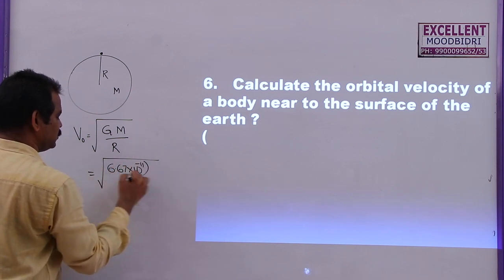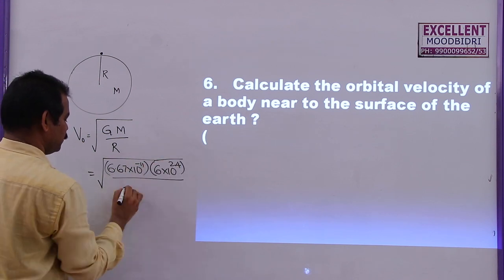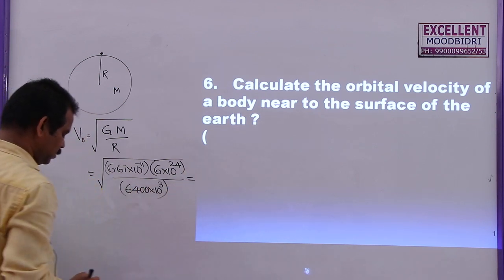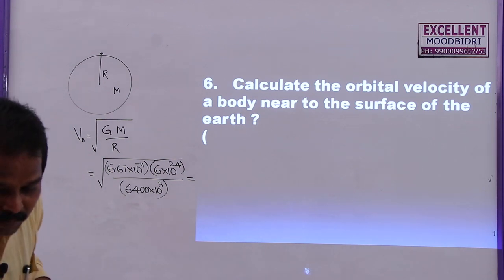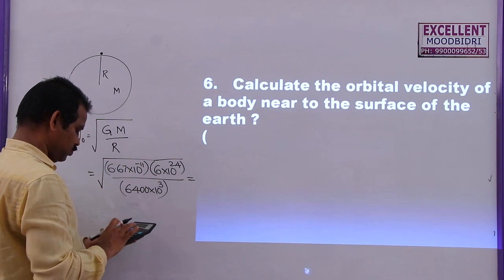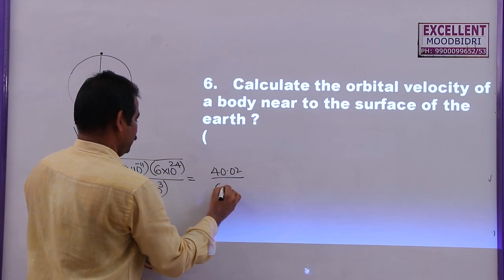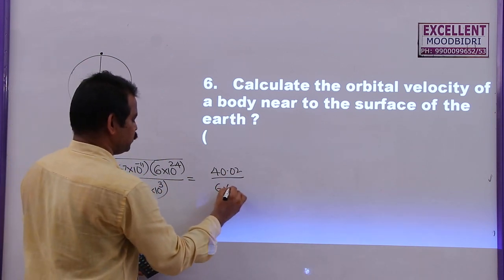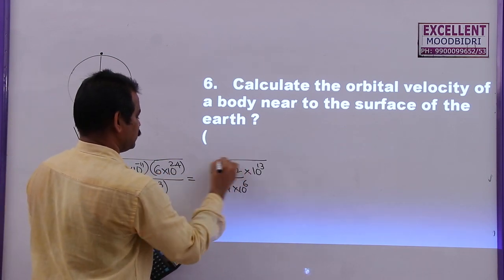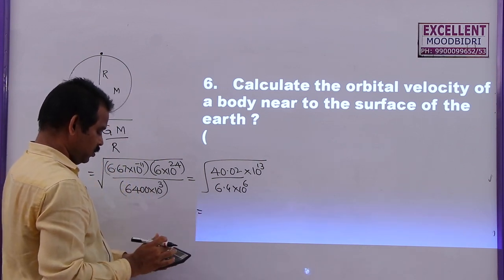6.67 into 10 power minus 11, mass of earth 6 into 10 power 24, by radius of earth 6400 kilometers. So by substituting all these values here, by calculating, we are going to get 6.67 into 6, which is 40.02 by 6.4 into 10 power 6, this is 10 power 13. So 40.02 divided by 6.4, which is given by